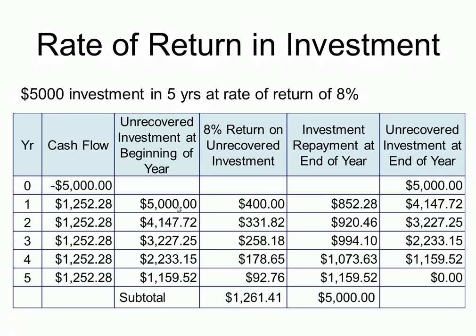The way we obtain it is we simply multiply this 5,000 by 8%, and that gives us the interest. Then the investment repayment at the end of the year is the difference from the cash flow amount, because we're representing it as annual worth. We represent this investment of 5,000 as equal annual returns, so through a uniform series. So this is equivalent at 8% to 5,000 is equivalent at 8% to this annual amount of